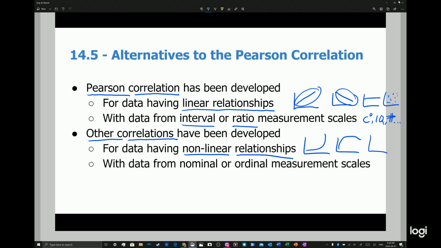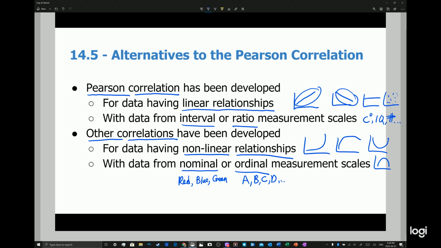It could even go like this. A parabola. A U-shape. It could even be upside down U if you wanted to. Which I ran out of space. But none of these are straight lines. And sometimes we're using other scales. So it could be nominal, like, I'll use color here. It could be red, blue, green, not ranked. And then ordinal, it could be, I don't know, your grade letters, letter grades, A, B, C, D, and so